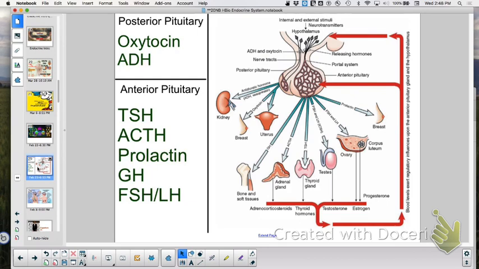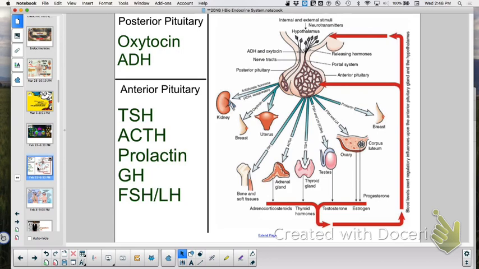So his 2 hormones are oxytocin, which we already know. Oxytocin, what does that do? Milk and baby. The "out" hormone: baby comes out, milk comes out. And then the second one is ADH, antidiuretic hormone, right? So you retain water when you have ADH, because I don't want to die, so I'm going to keep the water and not pee it out.